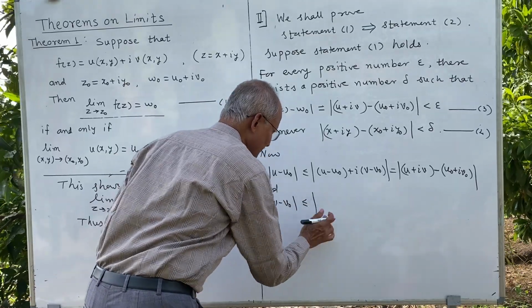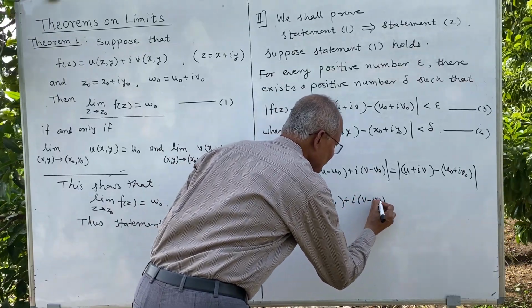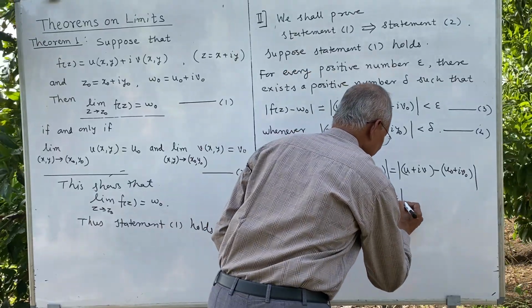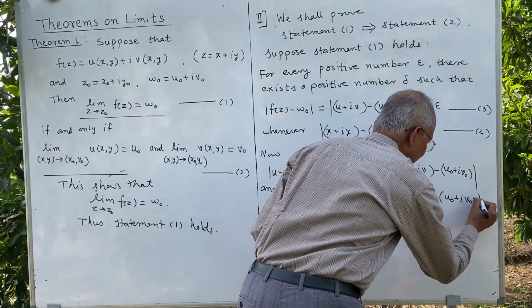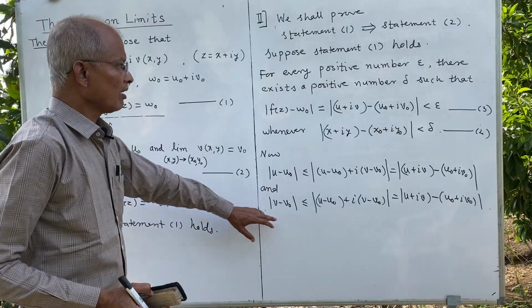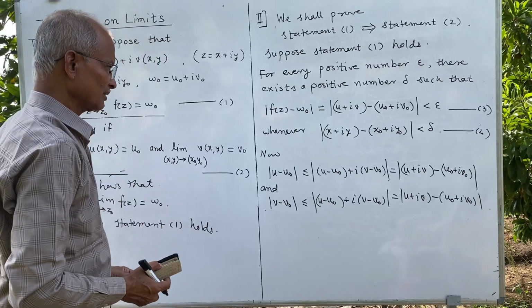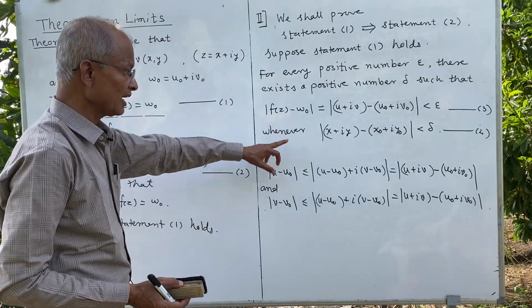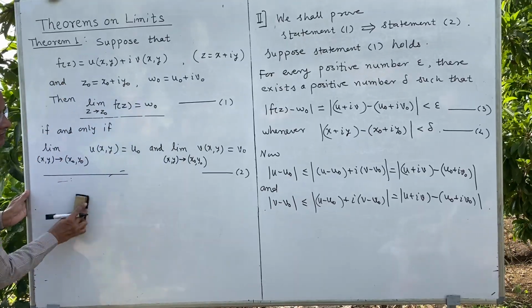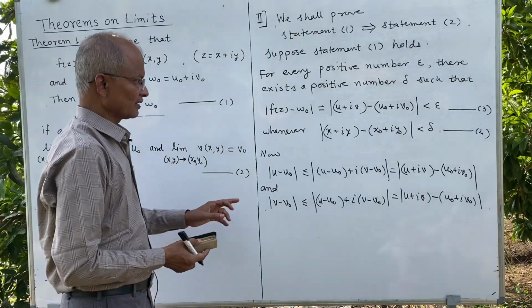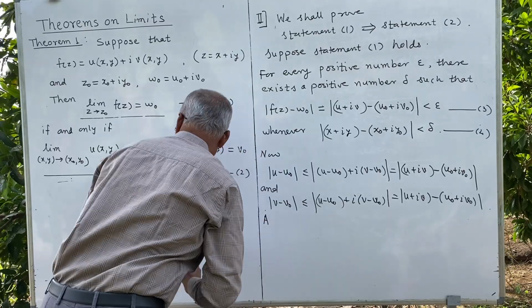It is less than or equal to the same, u minus u naught plus i times v minus v naught, which is the same as this one. Also, what about the absolute difference of this? This is less than delta, and therefore from 3 and 4 we will get, or we can write like this, and I shall also write here